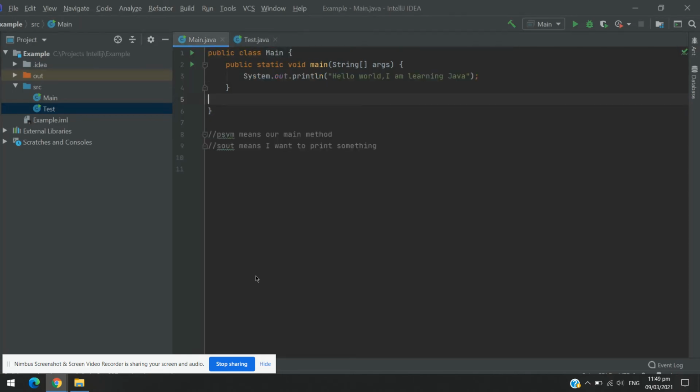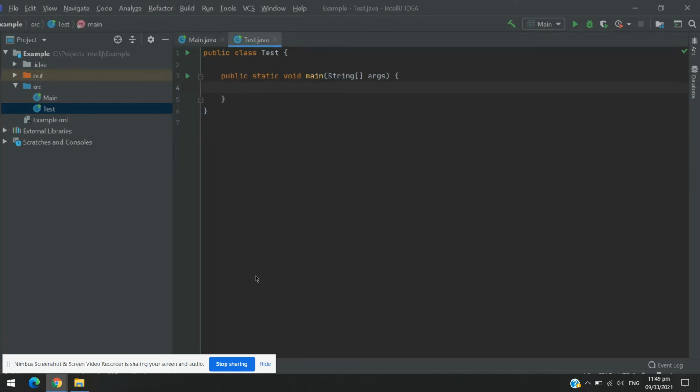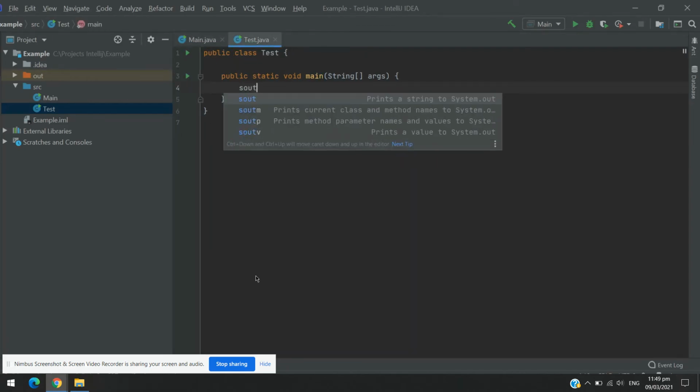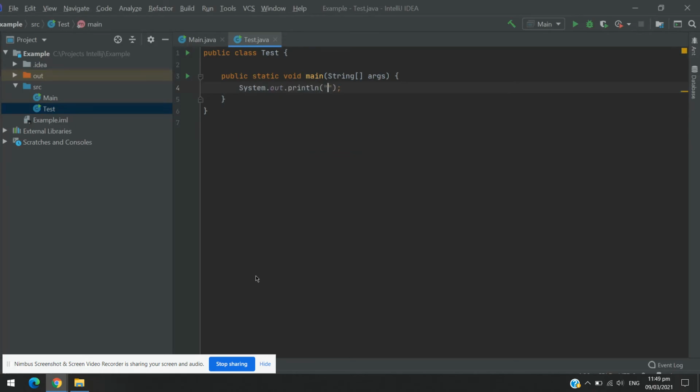So you can see here we said that psvm means our main method, and we said when we run the class, main method is the first thing that runs. And here we have SOUT, I mean system.out.println, means I want to print something. So let's print something new, SOUT, and click tab. Let's write Java is so important